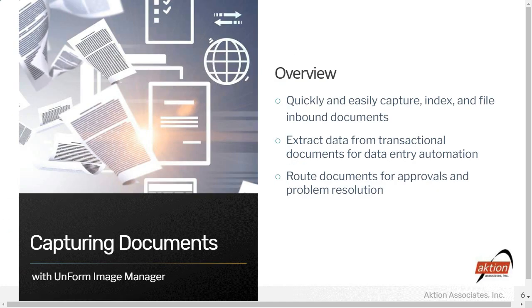Today, what we want to focus on is how we can use our tools to help automate business processes. Some of those processes can be relatively simple things like, how do I file my signed proof of deliveries quickly and easily, all the way up to extracting data from a document, for example a vendor or supplier invoice, reading the data off the document, and turning it into an electronic transaction so that it can automate the data entry portion of the AP process.